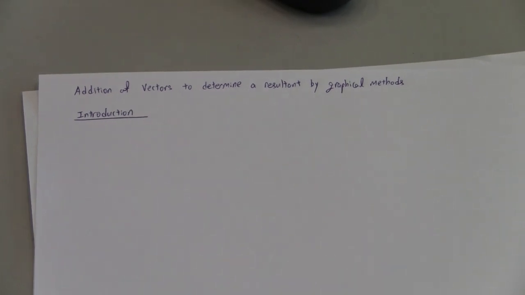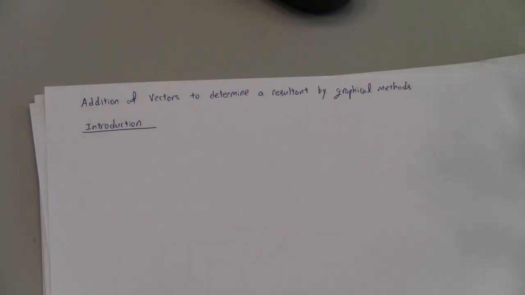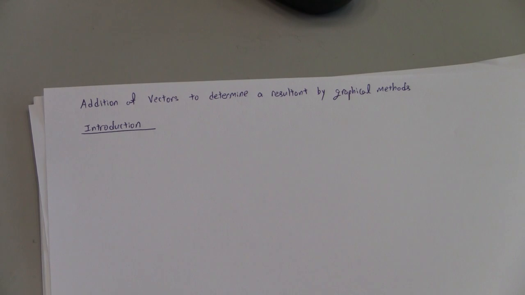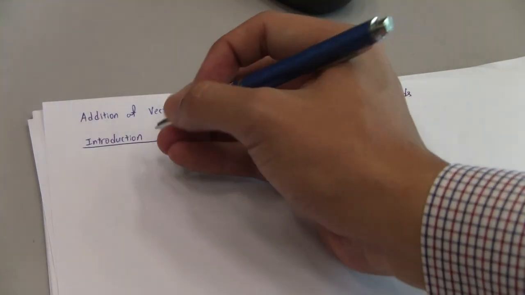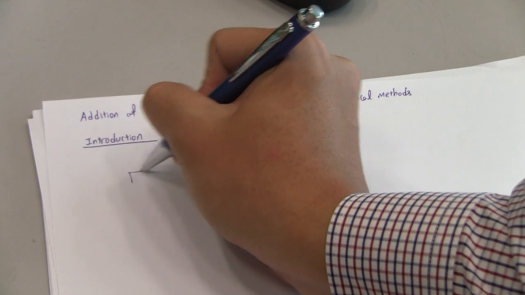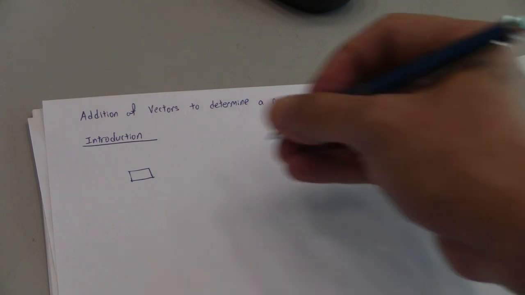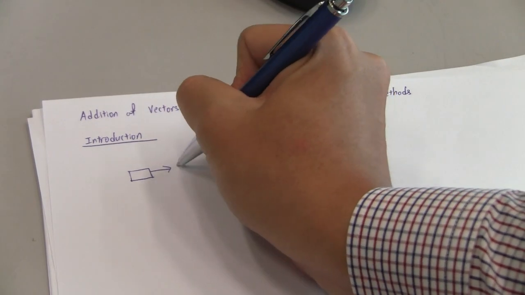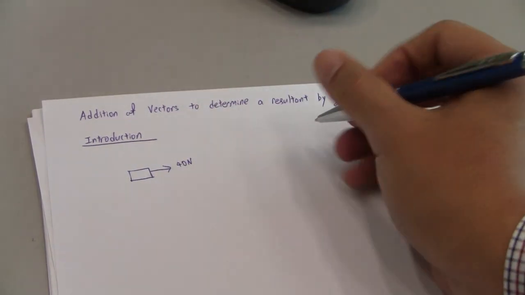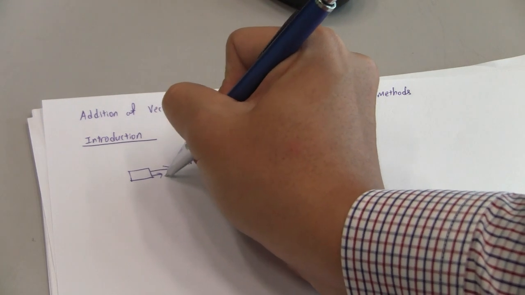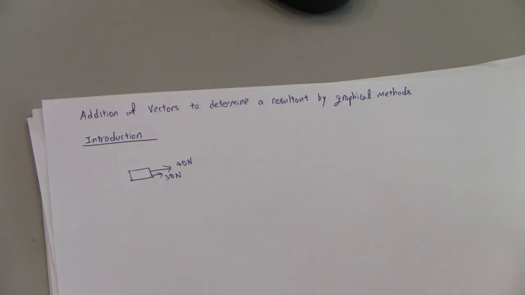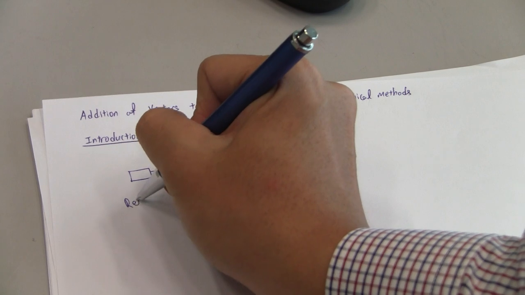This is a lesson on addition of vectors to determine a resultant by graphical methods. Now, a basic introduction: usually when we have two forces acting on an object, the total resultant will be the addition of the forces. What do I mean? If I have an object, which is a block, being acted upon by two forces, 40 Newton to the right, and another force, 30 Newton to the right, we know that the total resultant force